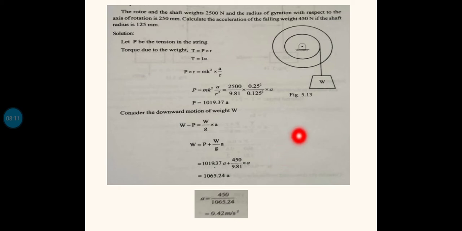See, in this problem what I have done is find the torque acting on this system at the center of rotation. Torque is the net force tangential to the system into the radial distance. Considering the equilibrium, I identified that the tensile force is the tangential force acting at this shaft, so that into the radial distance will give the torque. Now one more equation connecting torque is T equal to I into alpha, where I is the moment of inertia and alpha is the angular acceleration. So combining these two equations I have finally got the expression for acceleration.